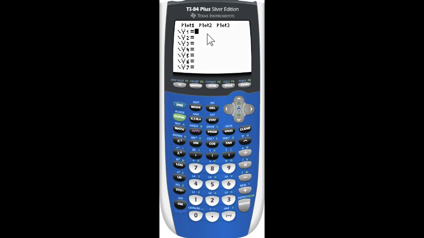Now that everything is clear, we'll put in our first equation. In this case, y equals x squared. The x button is this one, X,T,theta,n. X squared, here's your square button, x squared plus 8x plus 19. Our next equation is negative 2x squared. Now make sure you use the negative symbol, not the subtraction key for negatives. Negative 2x squared minus 16x, now we use a subtraction for that,